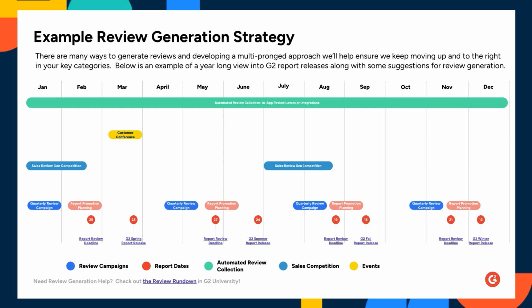before each time a report cycle happens, because you want to show up as best you possibly can in that review cycle. And it's important to think that if you can only do one of these things, the quarterly one is probably the one that I would recommend, because it's better to have a continual thread of reviews to keep your reviews recent and relevant than doing all your reviews at the beginning of the year and walking away. Usually people are going to find the most value in a review that's only a couple of months old, because things can change very quickly. So again, those quarterly review campaigns are where the real power lies. Let's go ahead and move on to the next slide.